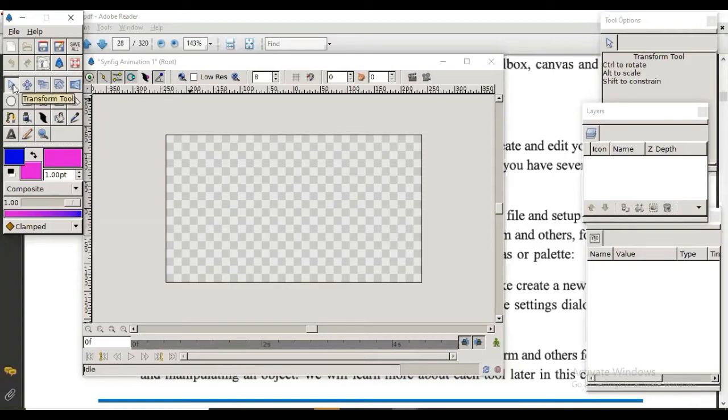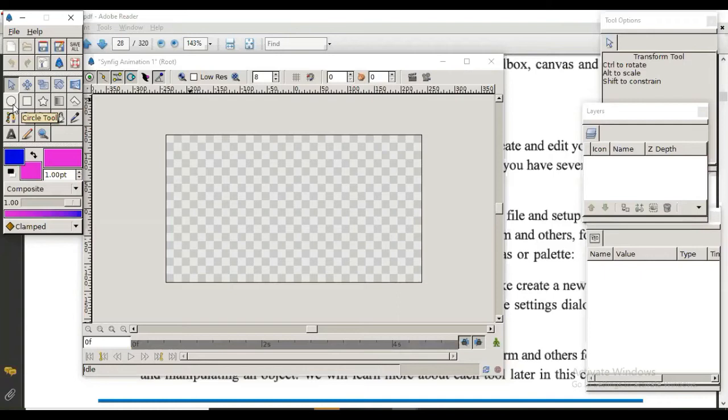This is transform tool. We are going to use all these tools so that you will come to know what action it is performing. This is smooth move, scale tool to scale something, rotate tool to rotate clockwise or anti-clockwise. This is mirror tool to give mirror image of existing image.